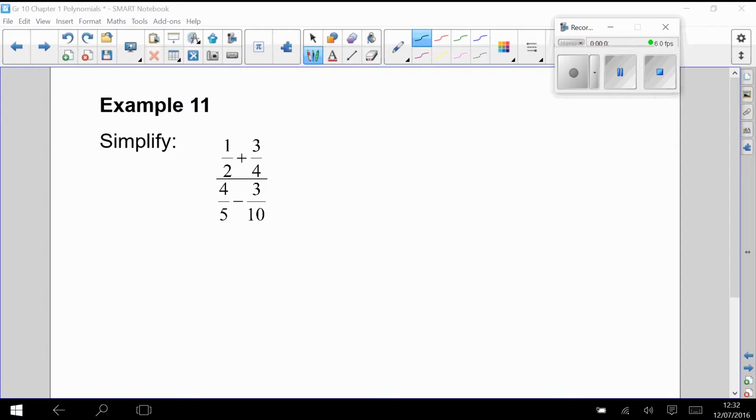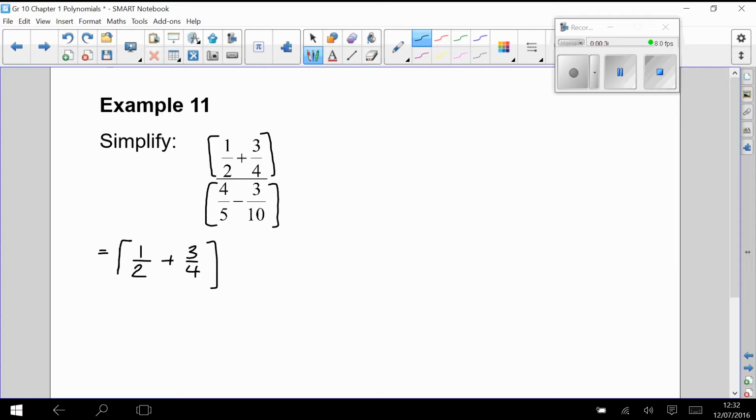In this next example, I'm going to have a combination of both finding an LCD and then trying to cancel common factors. If I write big brackets around the numerator here and big brackets around the denominator, you can see that what I could have done over here is I could have written this out as a half plus 3/4, and now I could change my divide line to a divide sign, and the number that came after is the one below, and that is divided by 4/5,